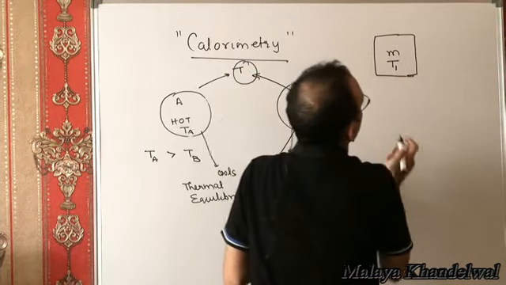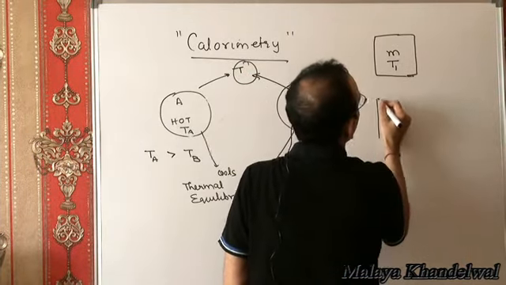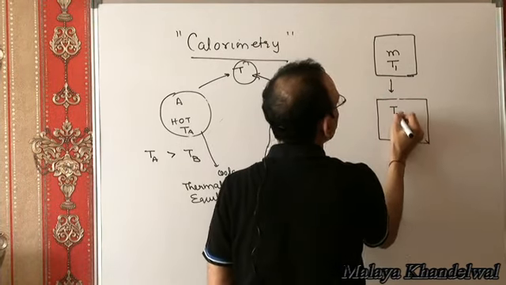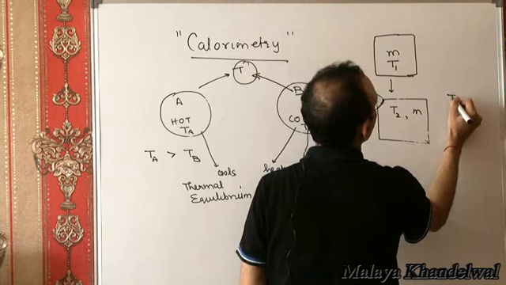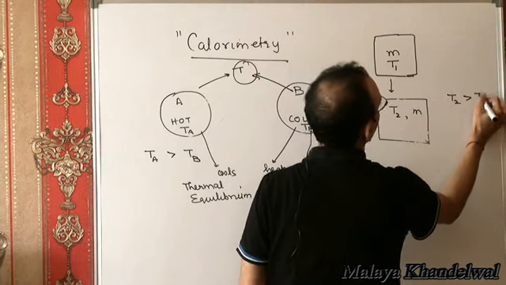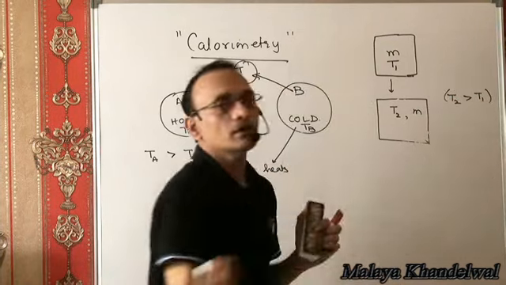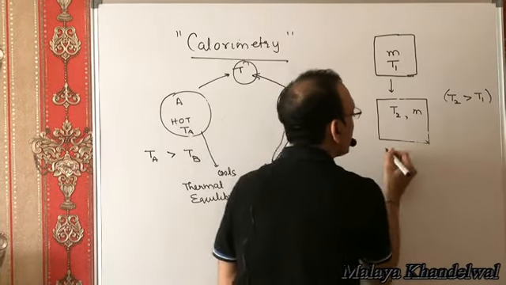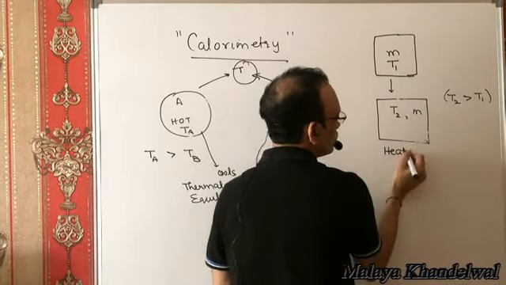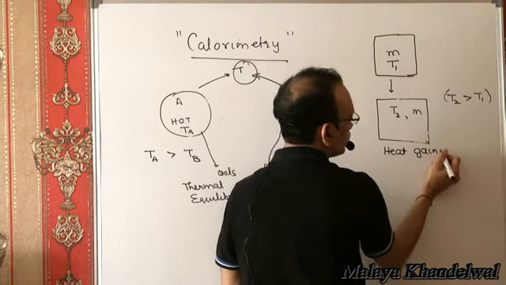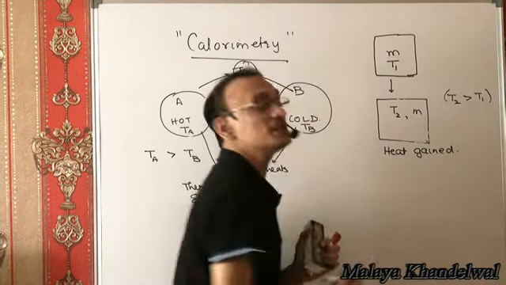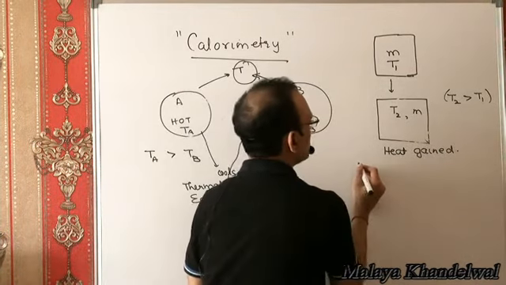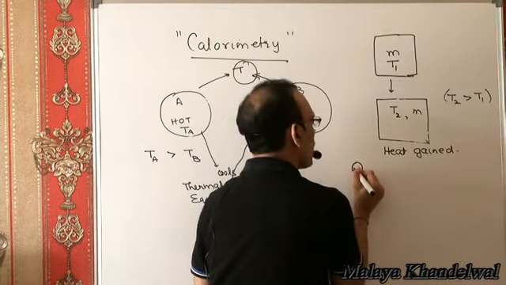And suppose its temperature rises to T2. Say T2 more than T1. That means it must have gained heat. Its temperature rises means heat gained. It must have gained a certain amount of heat,